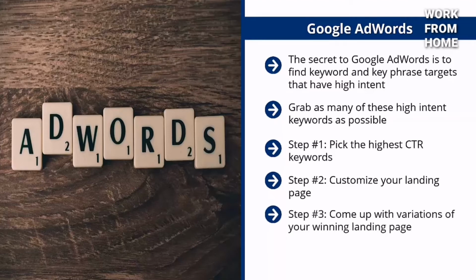Step number 3, come up with variations of your winning landing page. Come up with variations of your winning landing page on an element-by-element basis. Start with the headline, then the body, graphics, and call to action. With each test, come up with different variations. Pick the winning variation that converts the most, and once you cannot improve an element's results any further, move on